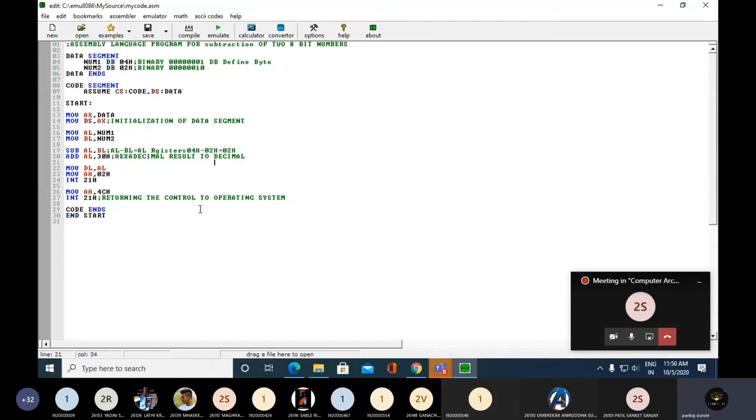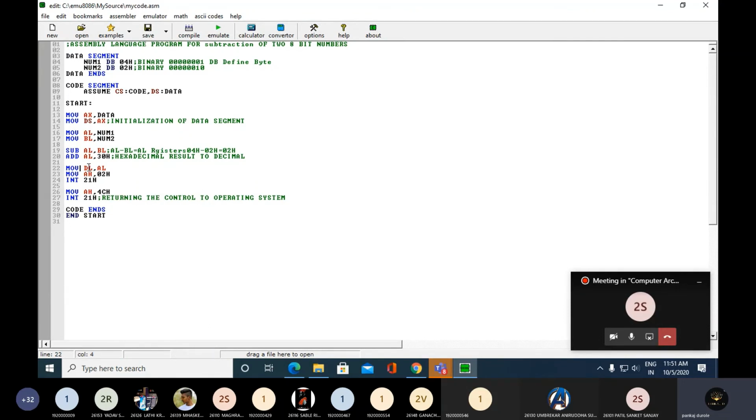Now, after we are done with this instruction, we need to move the content of al into the destination register. The process is: once your result is ready in the accumulator, you move that result into the data register or destination register. DL is the lower byte of the destination register. So now we have moved the contents of the al register to the dl register. Now dl is storing the value 2, not 02H.